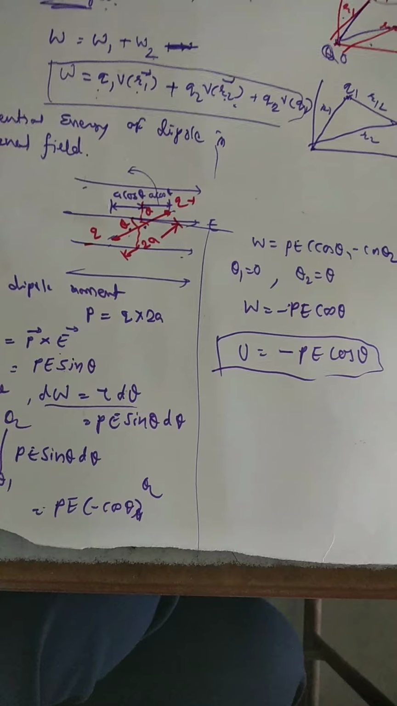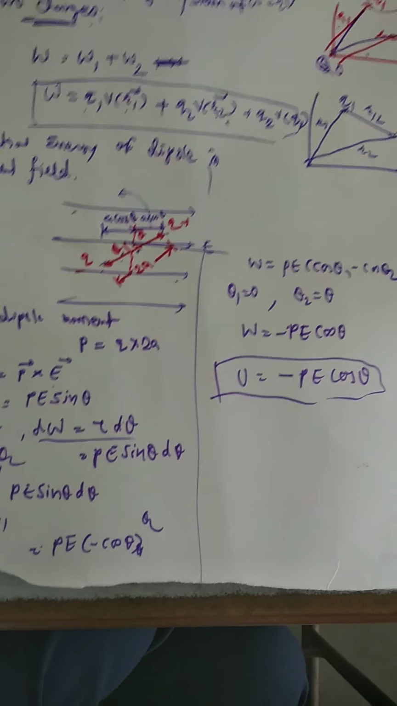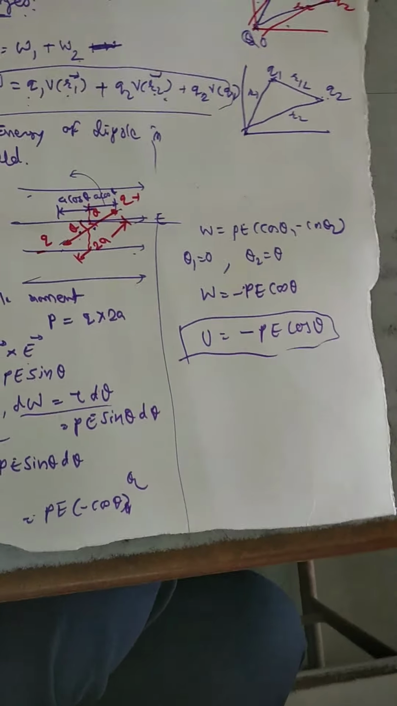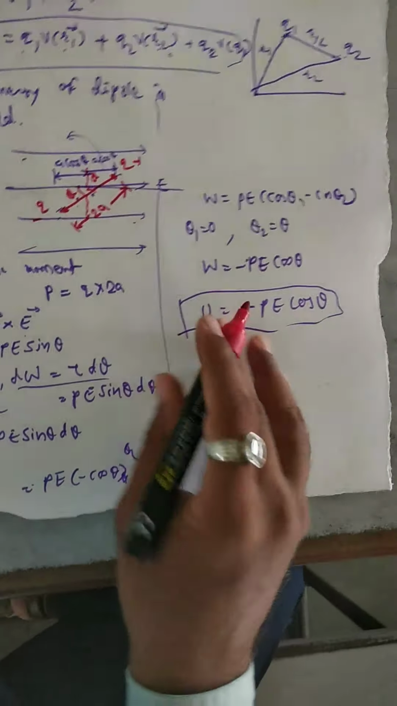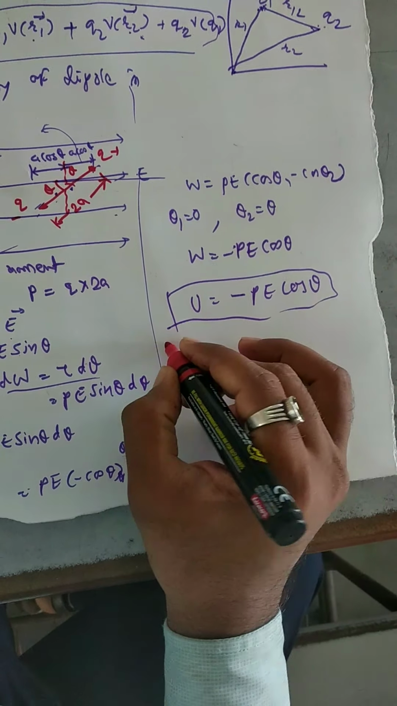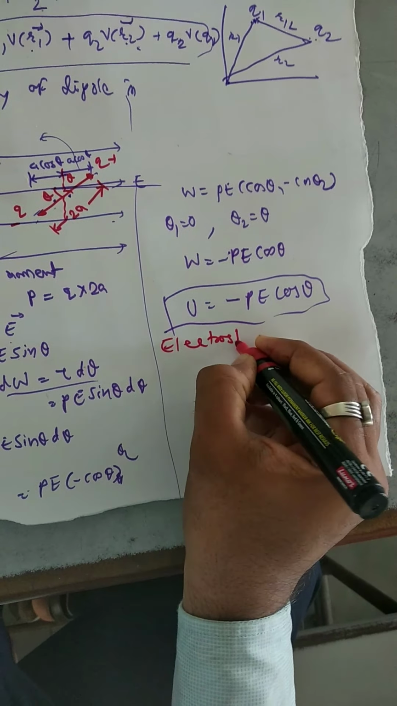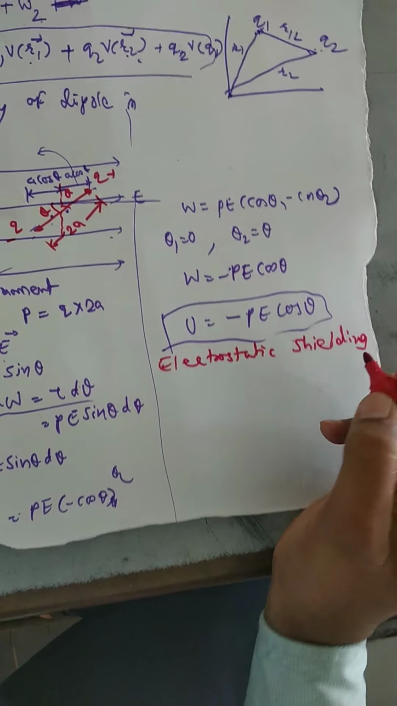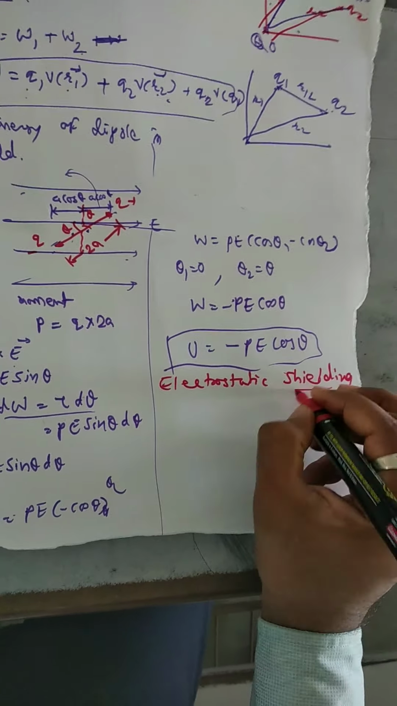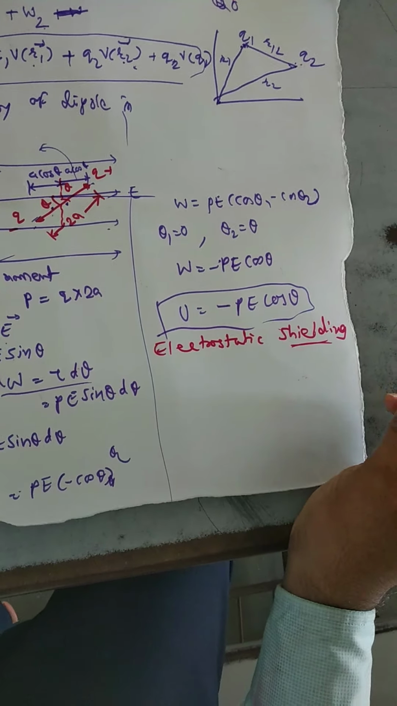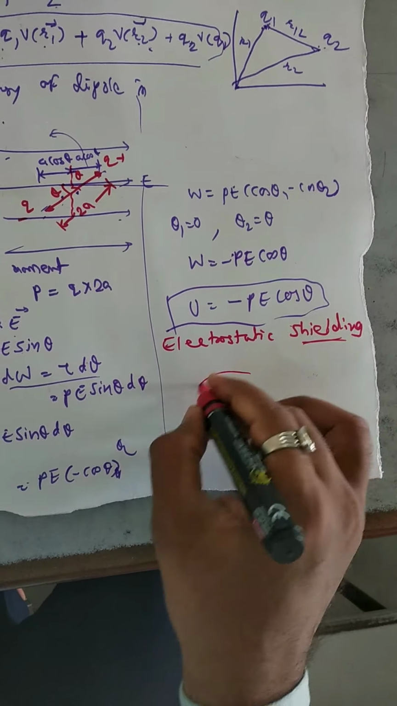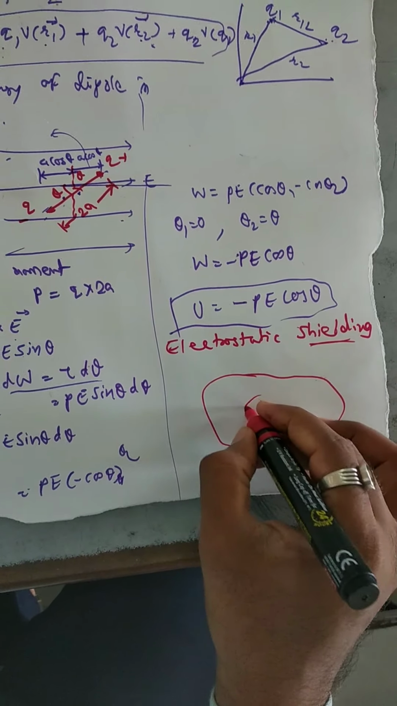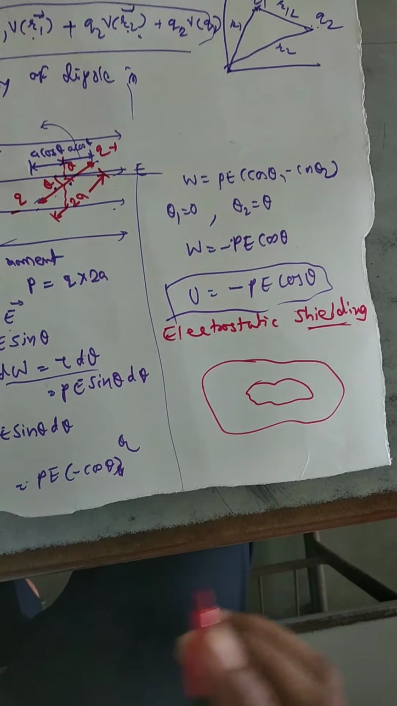Clear? Then we have one topic that is known as electrostatic shielding. As we know, the word shield means to cover some portion. So suppose I am taking this portion of a conductor, and inside this conductor I am taking this portion as a cavity. Suppose any cavity,